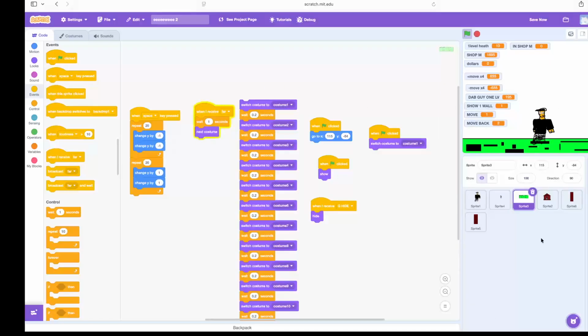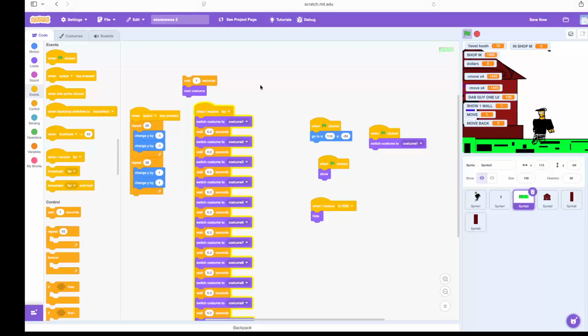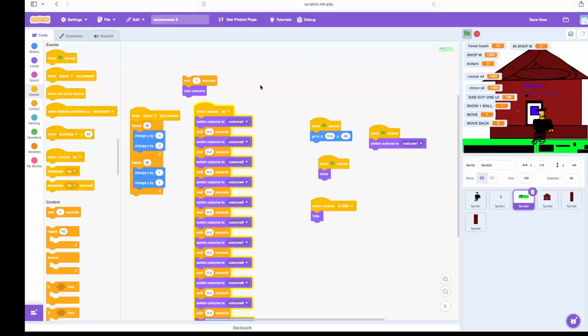And sometimes it just won't work. This looks more cursed. Unbelievably cursed. So it doesn't work if you hold it, but